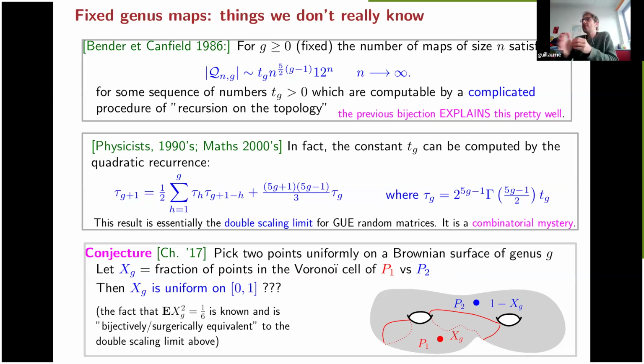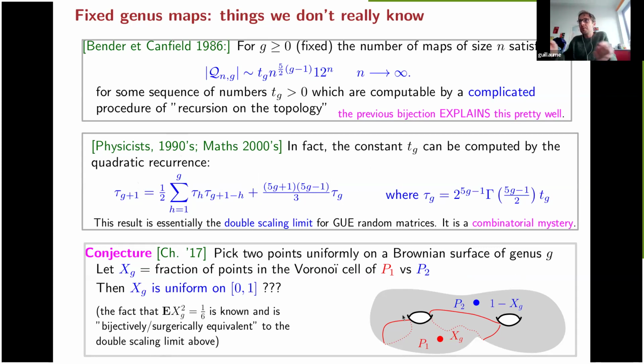And well, this is open. I mean, it's been proved only in genus 0 by a physicist, Emmanuel Guitter. Well, there's an analog statement for k points, where the simplest analog of this is conjectured to hold. And in fact, the second moment of it, so the fact that the second moment is the one of a uniform, which I think is 1/6, is essentially bijectively equivalent to that. So I'm able to produce some sort of combinatorial construction that explains this formula, but at some point, I'm stuck